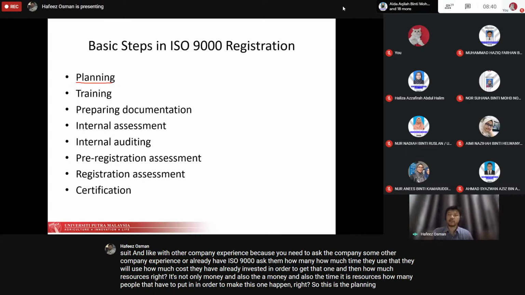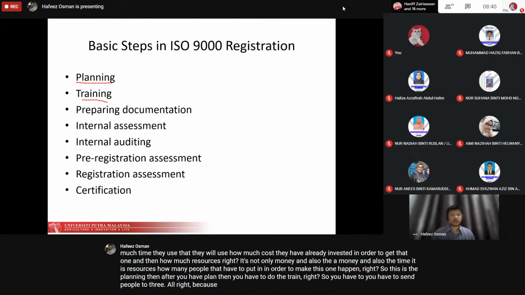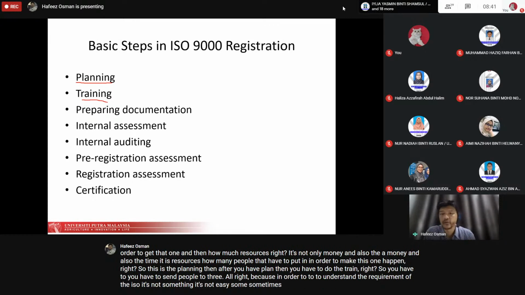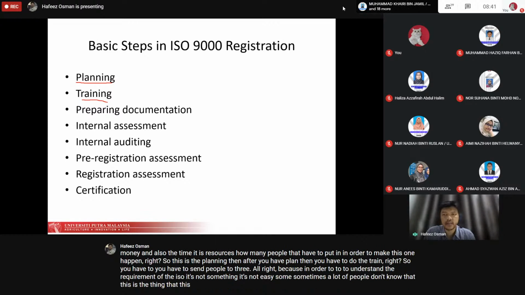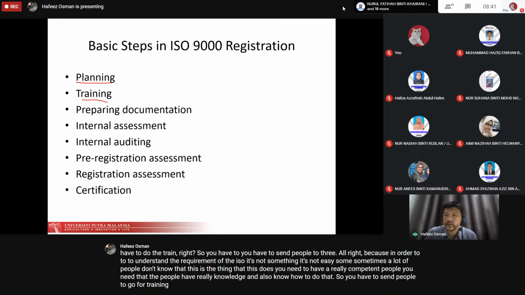Then after you have a plan, you have to do the training, right? So you have to send people to train, because in order to understand the requirements of the ISO, sometimes it's not easy. Sometimes a lot of people don't know this. This task needs really competent people, meaning people who have real knowledge and also know how to do it. So you have to send people to go for training for the ISO,